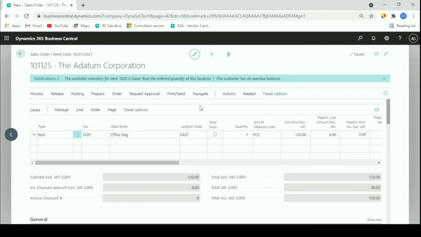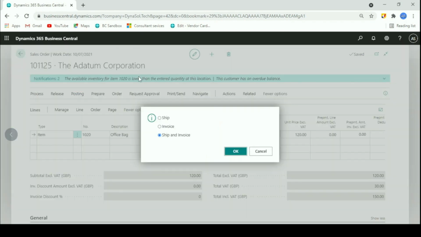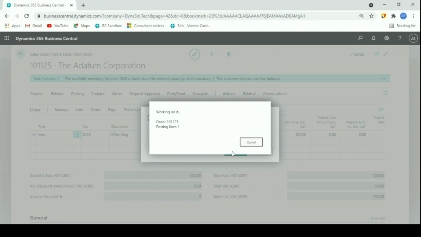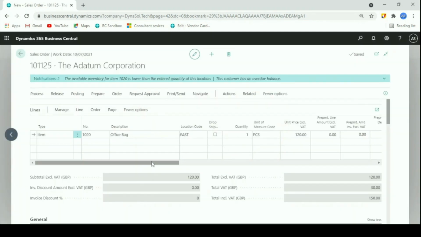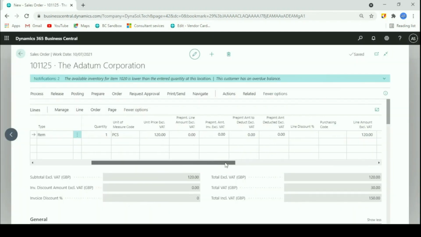Now we can post it from the posting, just post, and this time I will just ship first. So if I've shipped, now you can see there's more information.